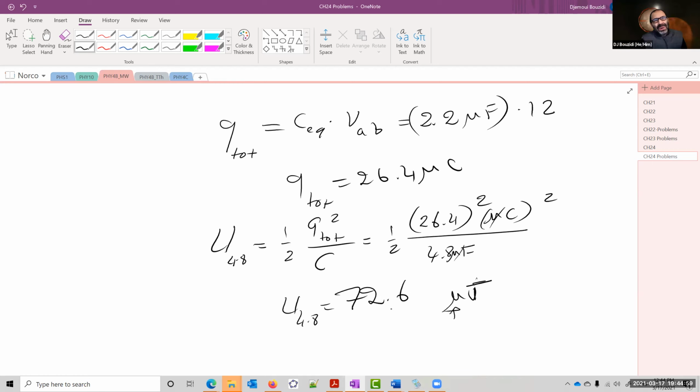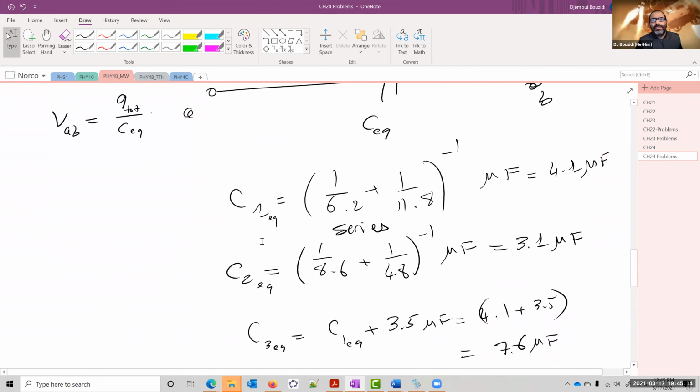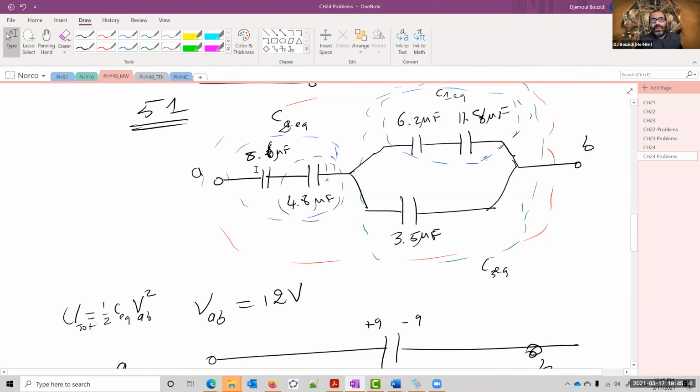So that means we're okay when we're doing problems like this one. Try to see, does it make sense? I think it makes sense at this point. Okay, there is nothing to be alarmed with. So it looks like almost half the energy is stored just in this capacitor. If you look back into the circuit, that's something you have to think about, why is that? Almost half of the energy is here, in this capacitor.